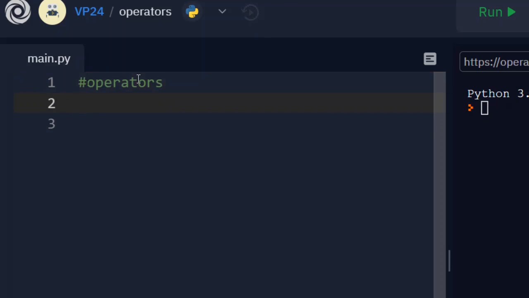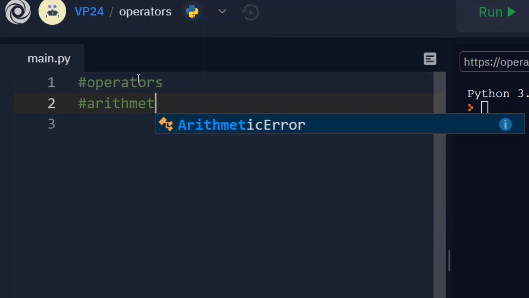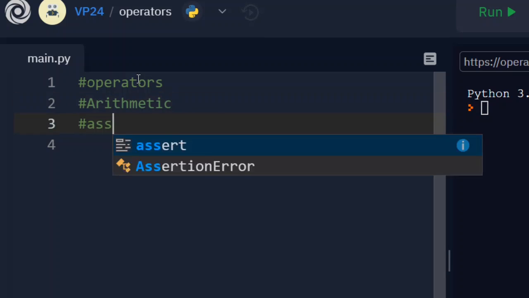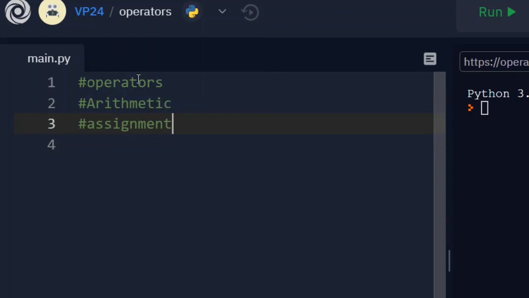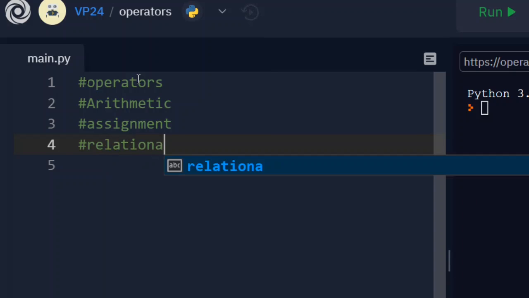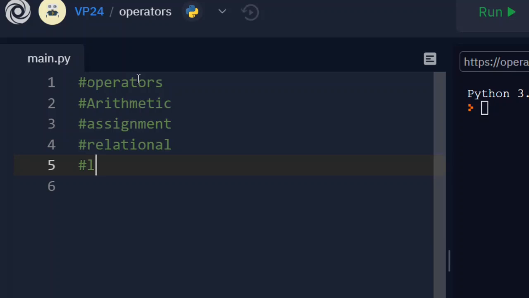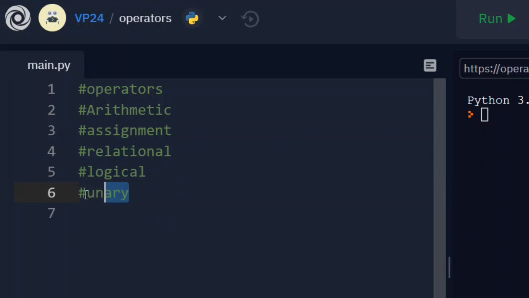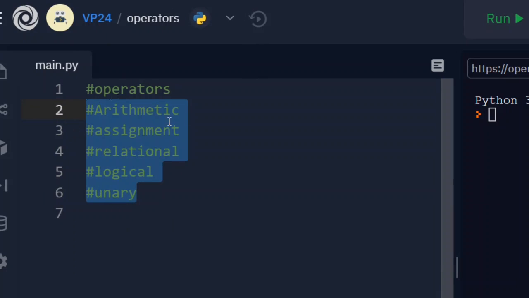We have arithmetic operators, assignment operators, and then relational, logical, and finally just one more, and that is unary operator. So these are the different operators in Python, and we are going to look at this arithmetic operator